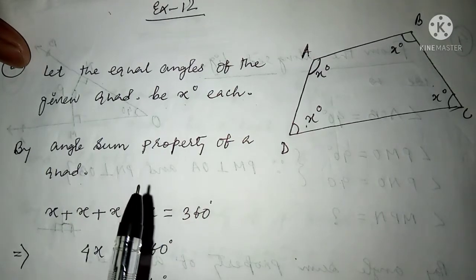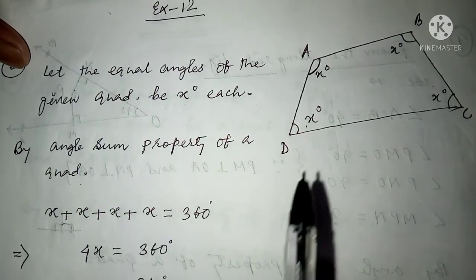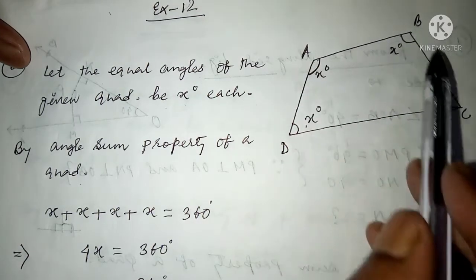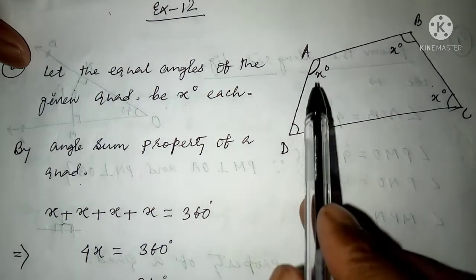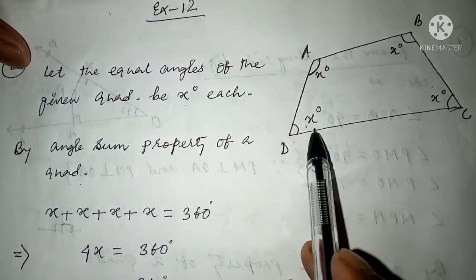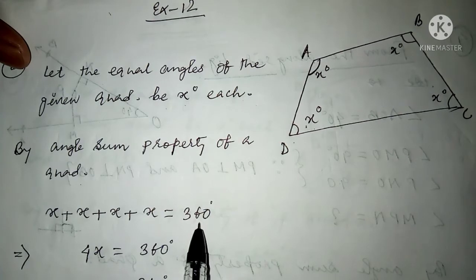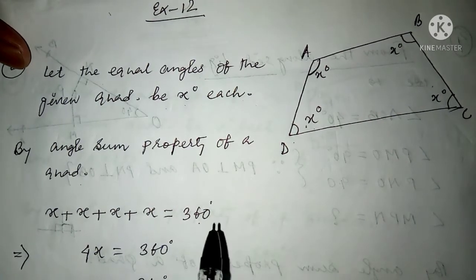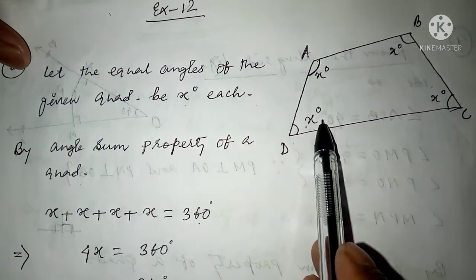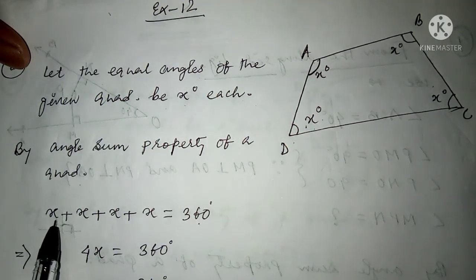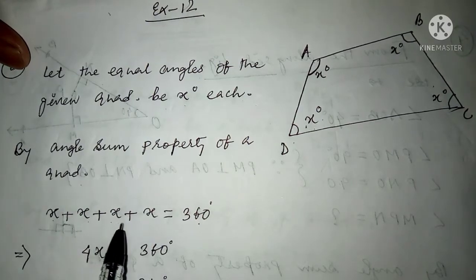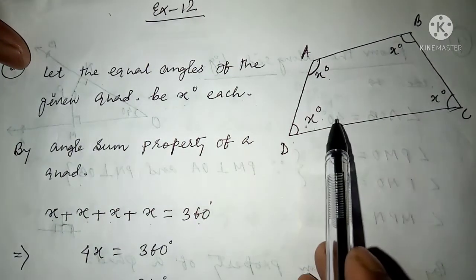So we know what the angle sum property of a quadrilateral is. In a quadrilateral we have in total four angles, that is A, B, C and D. If I sum up the values of all these four angles of the quadrilateral, it is always equal to 360 degree. As I have assumed that the angles are x degree each, I need to write it 4 times. This is x each for A, for B, for C, for D, because the value of each angle is x.